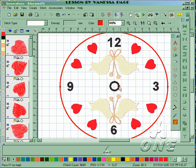If you look at that, it's not quite where I want it, so I can just jog that into position using my arrows on my keyboard. Now that's all that's left for me to do is I'm going to put a cross in the center. Because this whole clock will be bigger than my largest hoop, I need to split it into 2. So by putting in cross lines across that center part,